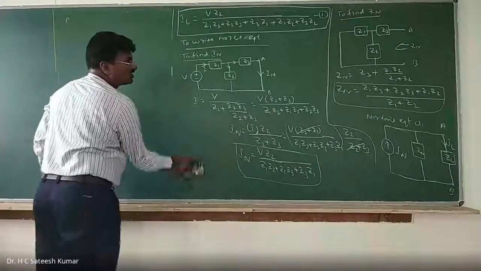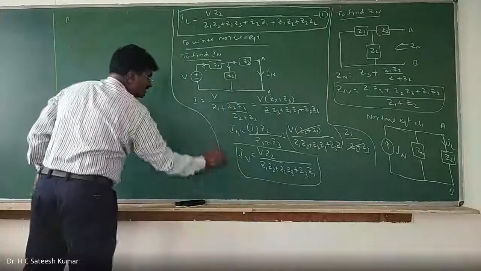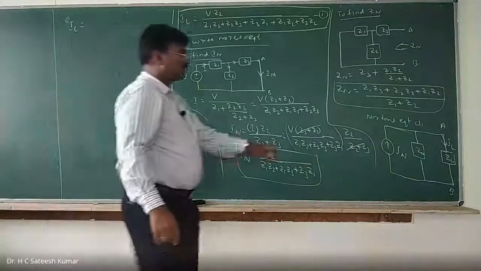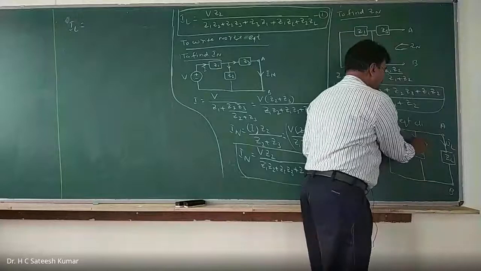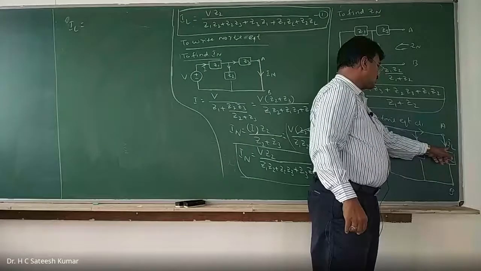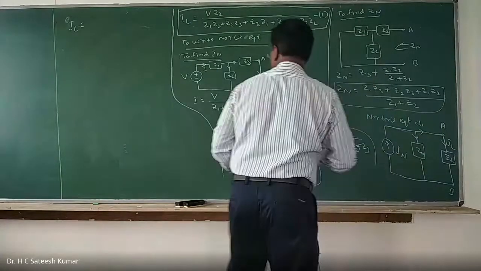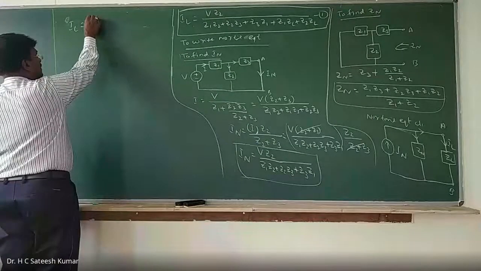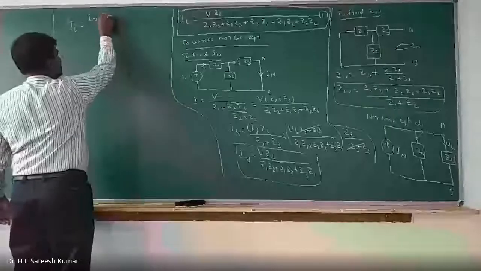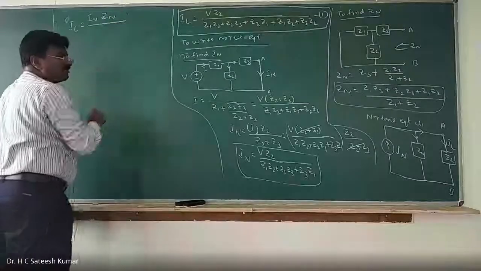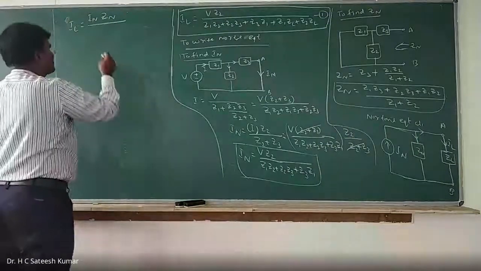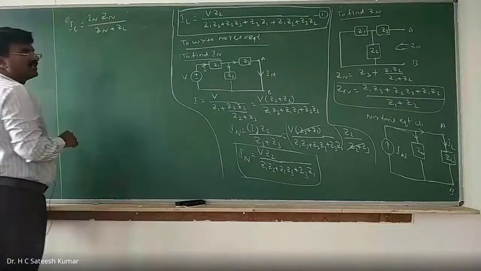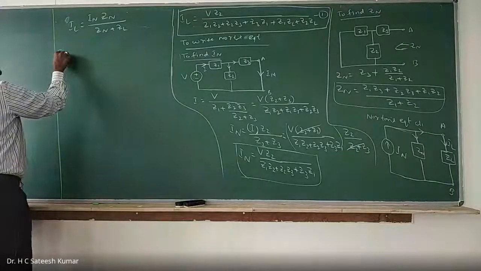Now, what is IL? IL is equal to, now you do see the total current coming here is IN. This is divided here. IL is equal to total current IN into resistance in the other branch, which is Zn divided by total impedance. Total impedance is what? Zn plus ZL. Now you substitute for IN and Zn. Okay, right. IL is equal to IN.